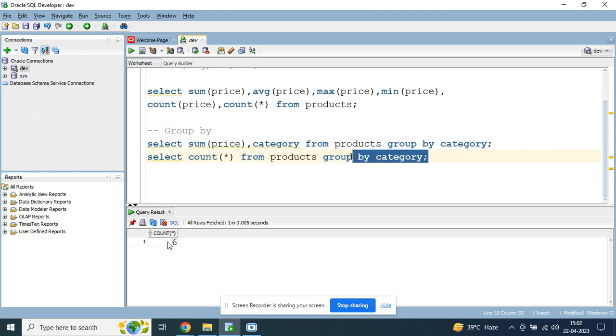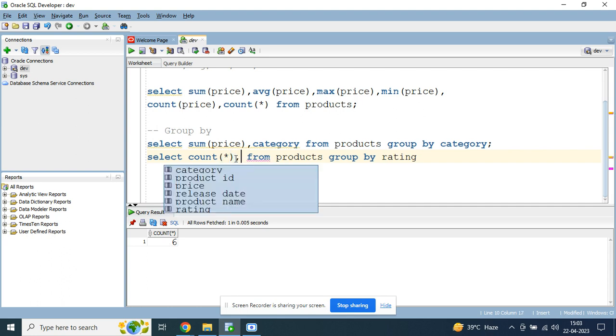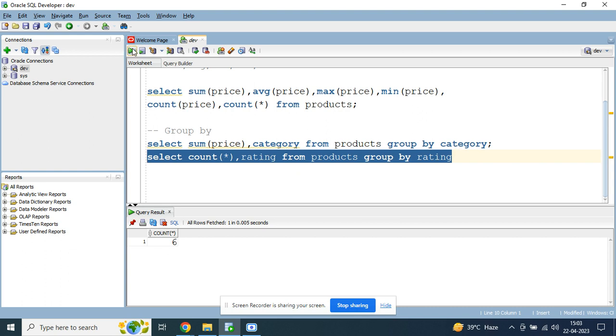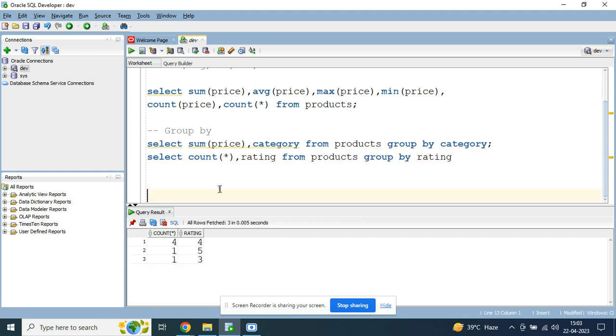Okay, in my table. Now I want to find out the row count by using the group by rating column. Okay, so just write group by rating, and also mention the rating field after count star. Then query this, you will get